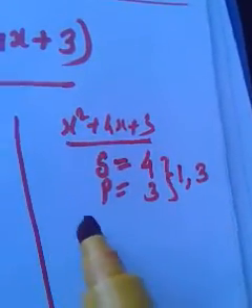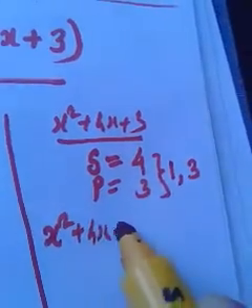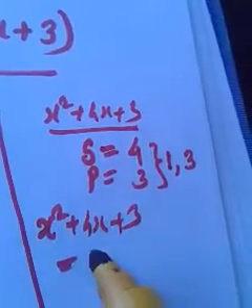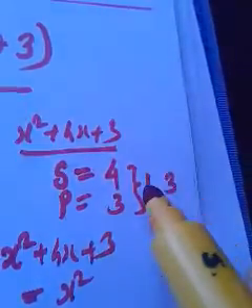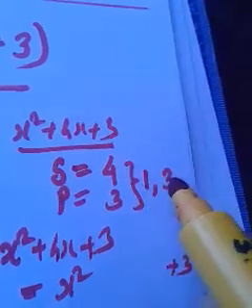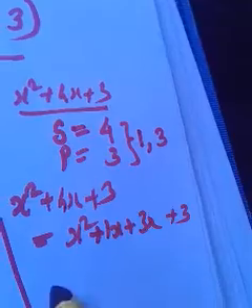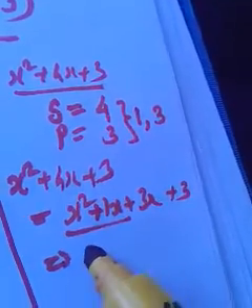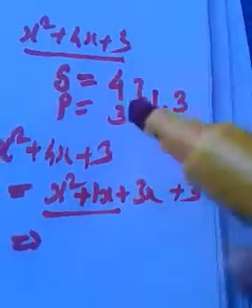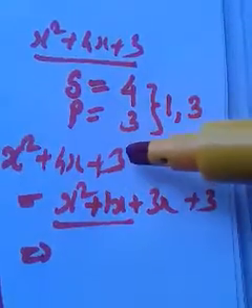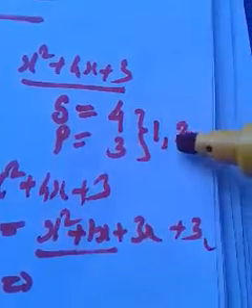So what I can do is, this x square plus 4x plus 3 can be written with the first term as it is, last term as it is. This 4x can be split by using these two numbers. First number is plus 1 and second number is plus 3. So it can be written as plus 1x and plus 3x. And what is common in both terms? X is common. Take that x. So you may understand that the first term is as it is without any change and the last term as it is without any change, and this middle term we can split by using these two numbers.